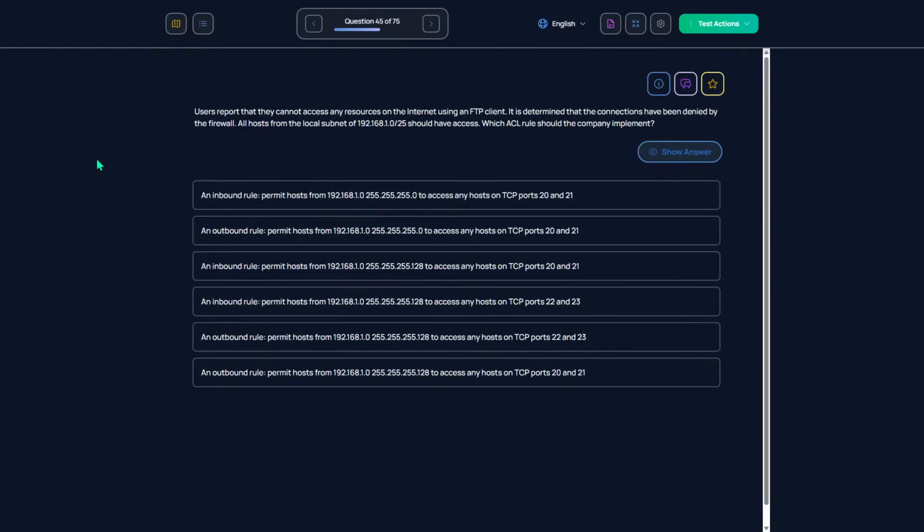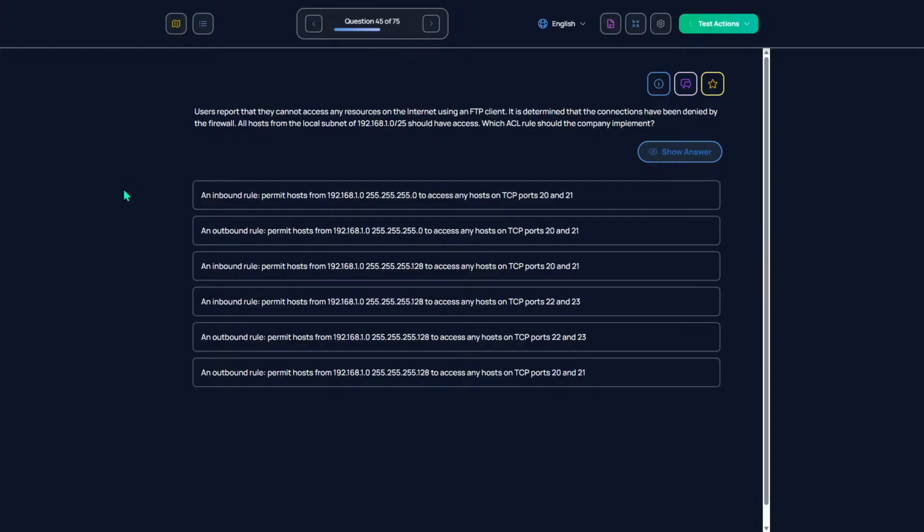Users report that they cannot access any resources on the internet using an FTP client. It is determined that the connections have been denied by the firewall. All hosts from the local subnet 192.168.1.0/25 should have access. Which access control list rule should the company implement? This one always kills me, man.